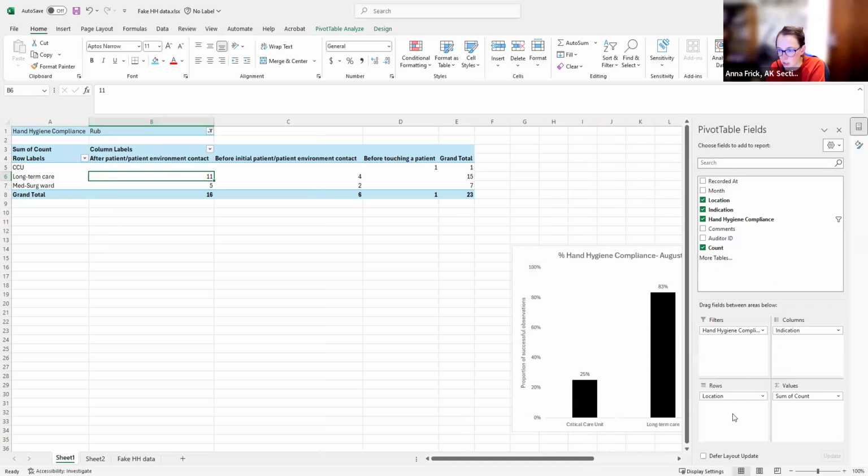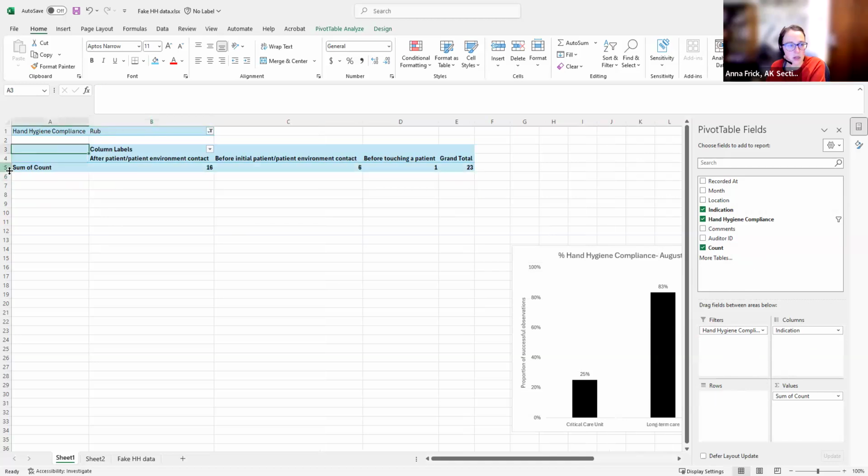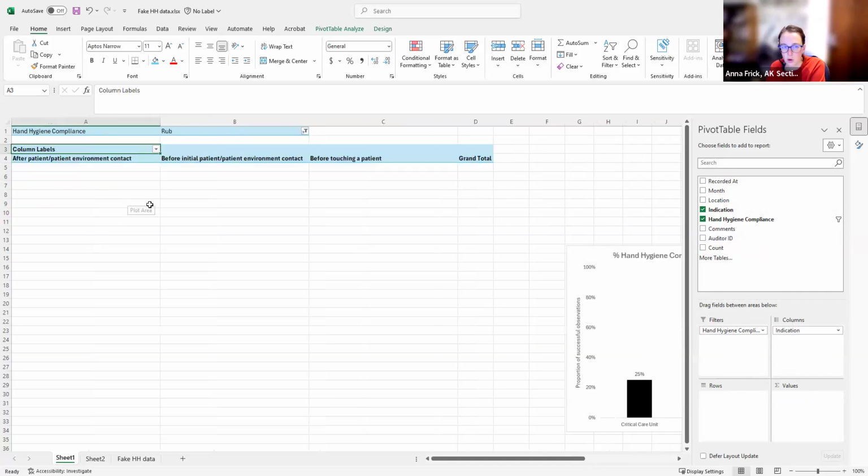The columns and rows, I think, are kind of self-evident, but that's where you tell it which variable you want to go there. Maybe it's easier to think about if I take this one out. What I've told it is, for my pivot table, I want the columns to show me the indication. So it's taken all of the values that indication can have in these data, and it has laid them out for me as different columns.